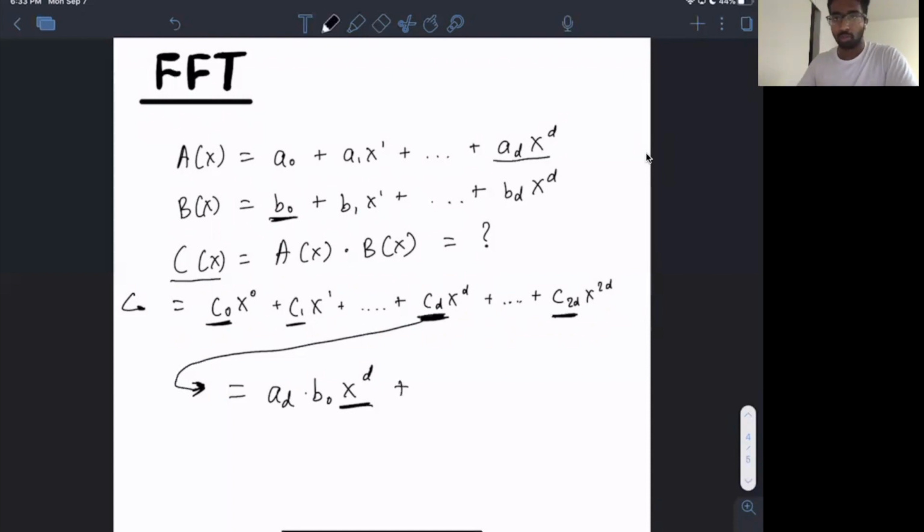The next term we get is A sub D minus 1 times B sub 1